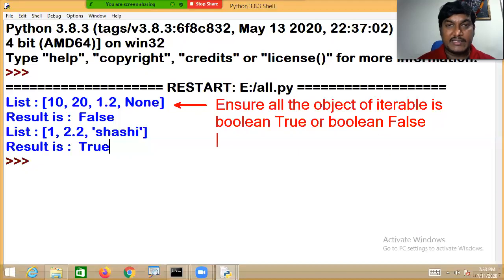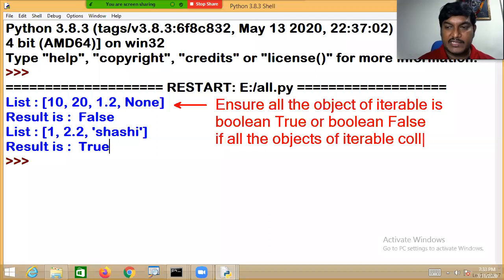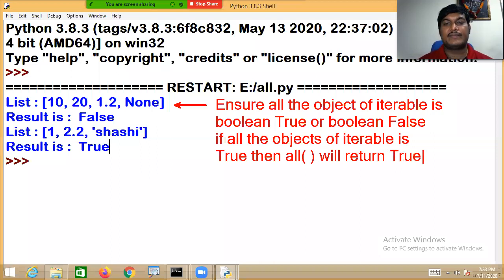But you need to understand, if all the objects of the iterable collection are true, then the all function will return true only. So if all the objects of the iterable are equal to true, then the all function will return true. Otherwise you will be getting false.